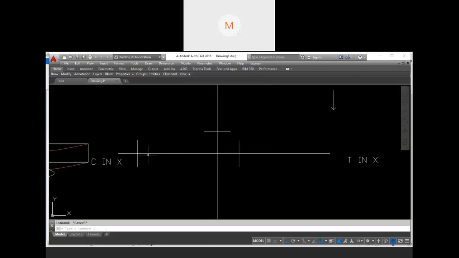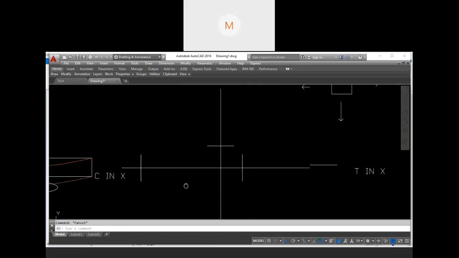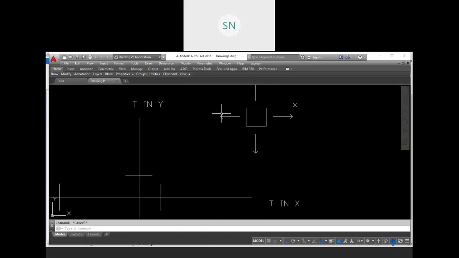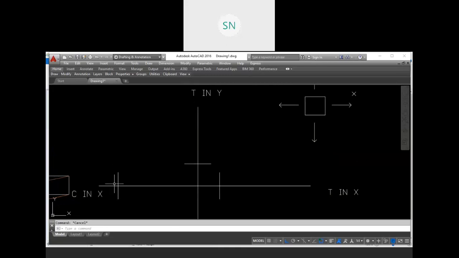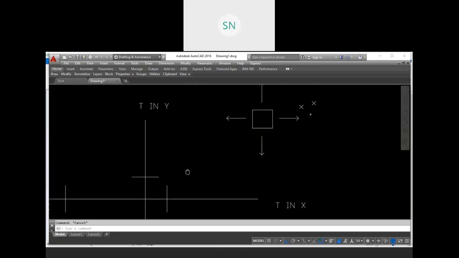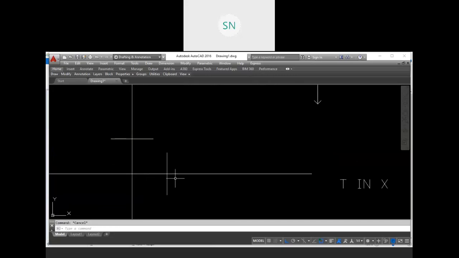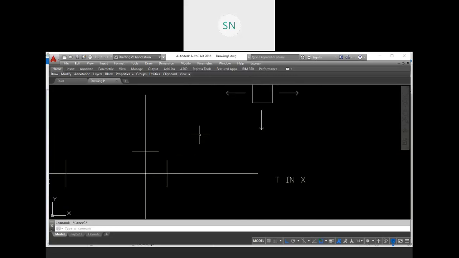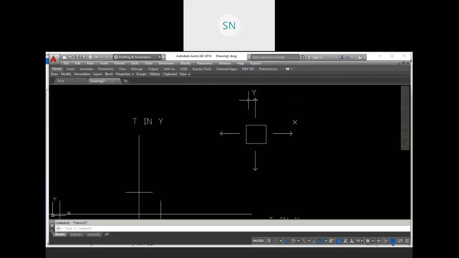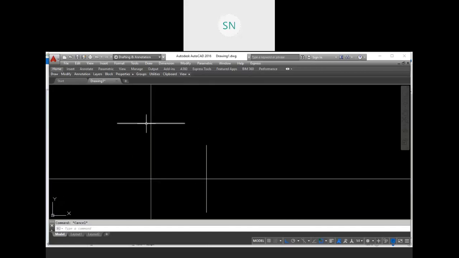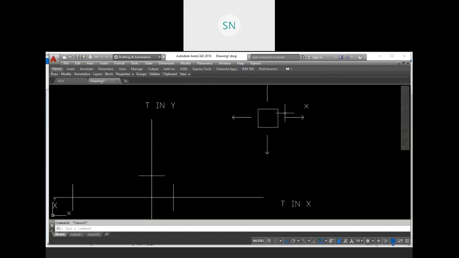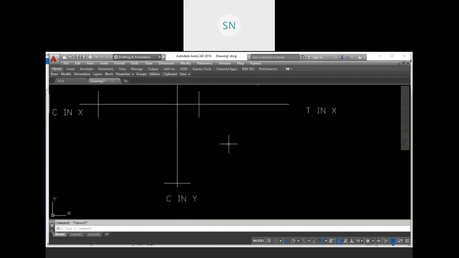So this is the condition for the x direction. If we apply a compression load in x, it will sustain up to this point. If we apply a tension load in x, it will sustain only up to this point. Same for the y direction: if we apply tension, it will sustain up to this point, and if we apply compression, it will reach up to this point.